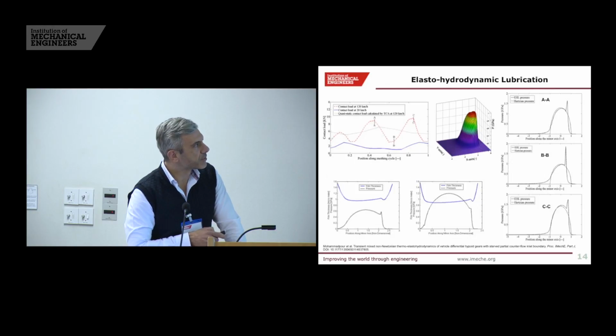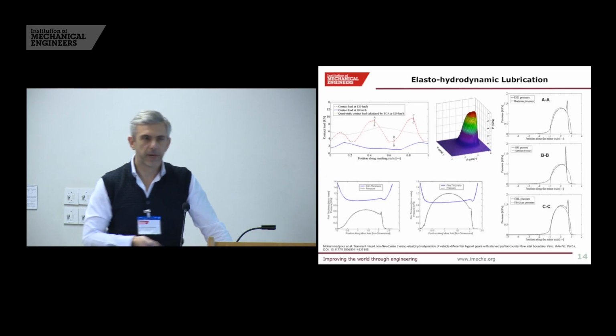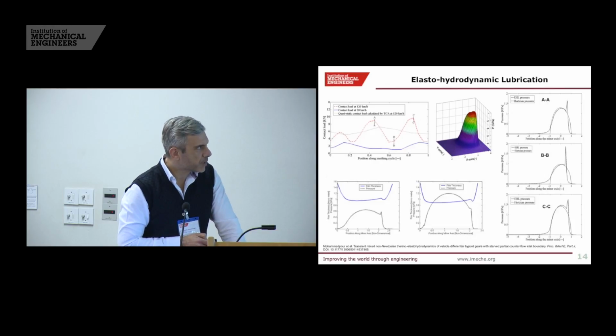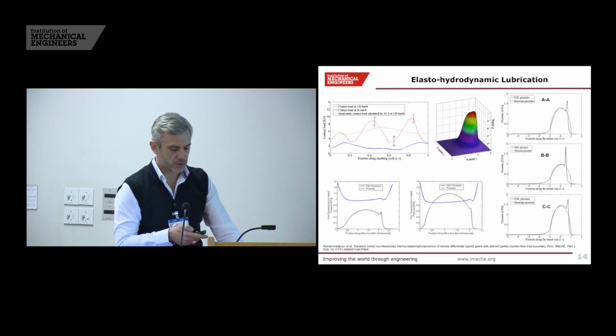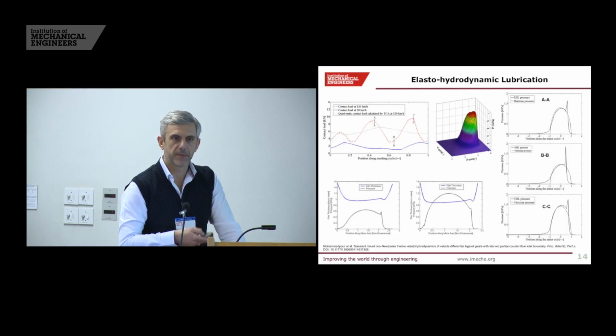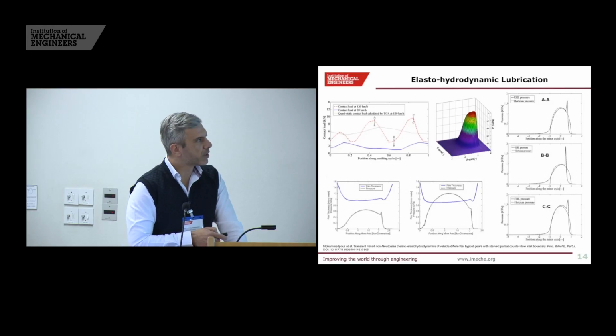Using these pieces of information, we can solve the full numerical Reynolds equation and produce information about the pressure distribution along those ellipses per snapshot. The more snapshots somebody takes during the meshing cycle, the better accuracy we can have for efficiency calculations. And not only that, but similar information somebody can obtain for the film thickness, for the gap between